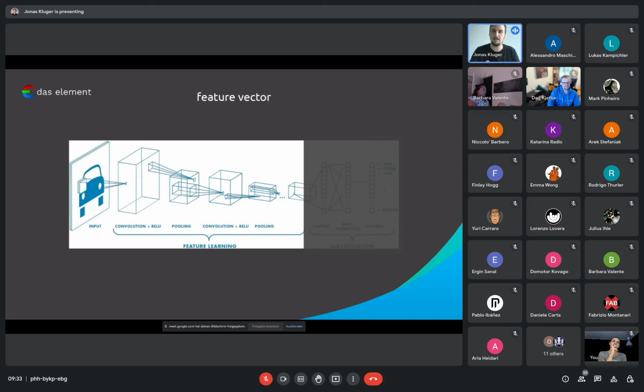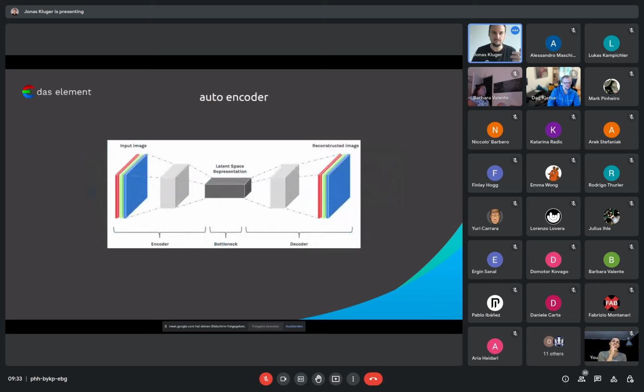Maybe you have heard about the autoencoder network, which is an encoder and a decoder network working together. In the center, we have the latent space, also referred to as the bottleneck layer. What it does is it takes an input image and breaks it down into its semantic meaning.